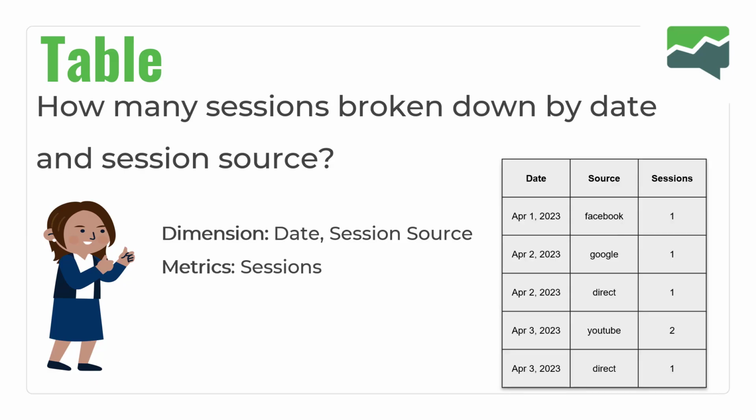Our table, voila, right? We now have our table, and our table has 2 dimensions, date and session source, and 1 metric, which is sessions. So as you can see, it says it. On April 1st, we had 1 session, and that session came from Facebook. On April 2nd, we had 2 sessions. 1 of them came from Google, and 1 of them came from Direct. And on April 3rd, we had 3 sessions, 2 from YouTube and 1 from Direct. Alrighty,